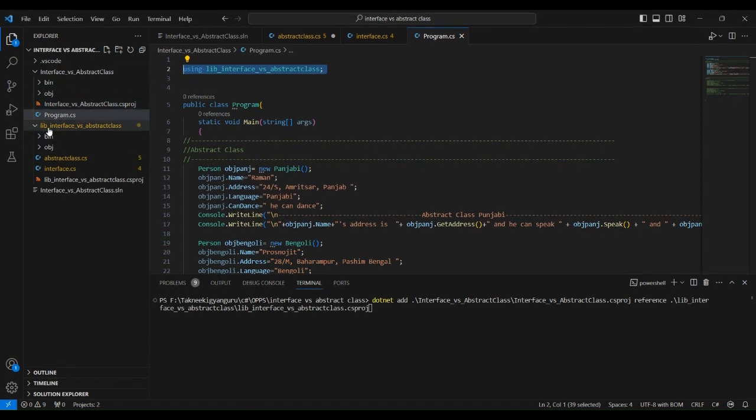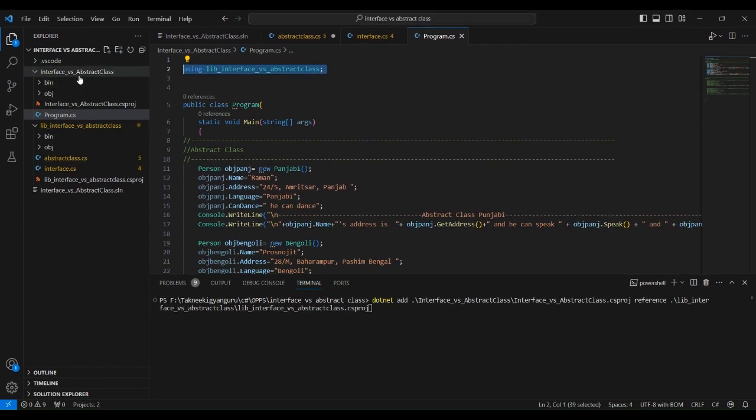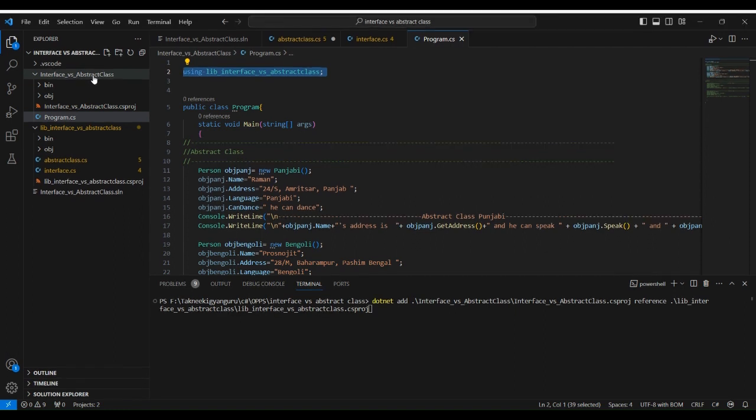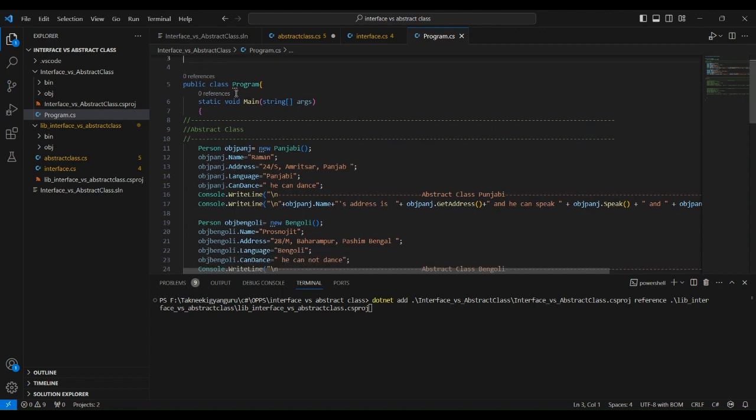We need to give a reference, so that this library is accessible to this project. Then when we give the reference, we can use this library with the using keyword, using your library name. Now I created a public class from where we need to run our application, and static method Main. And now